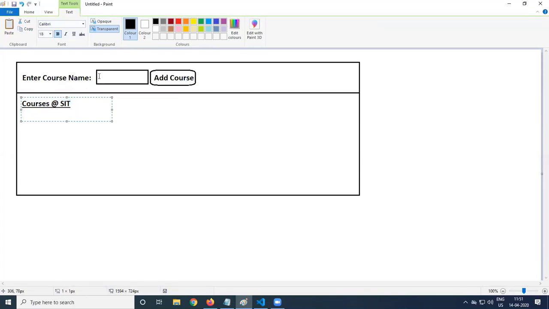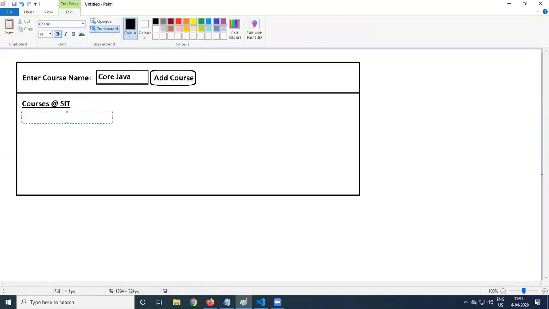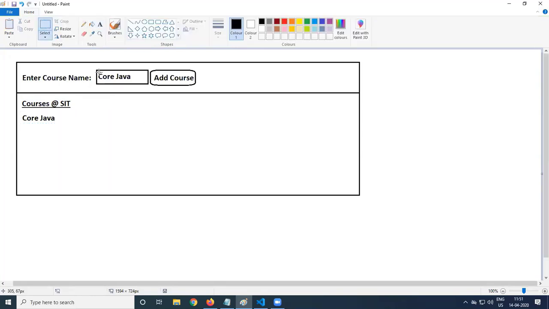So for example, I add here Core Java. I'm adding Core Java. Click on add codes. What should happen is that Core Java to be added here, provided Core Java is not there in the list. Then after adding, the Core Java from this text box is to be removed. So this is one location, maybe an ordered list or unordered list, something like that, Core Java 1, 2, 3, 4. So what I need is enter code's name. One code's name will be added.